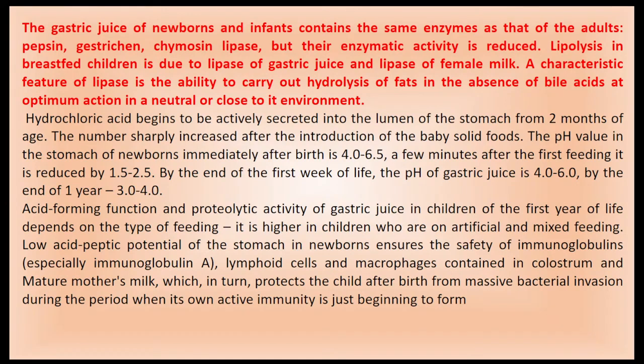A few minutes after the first feeding, it is reduced to 1.5 to 2.5. By the end of the first week of life, the pH of gastric juice is 4 to 6. By the end of the first year of life,